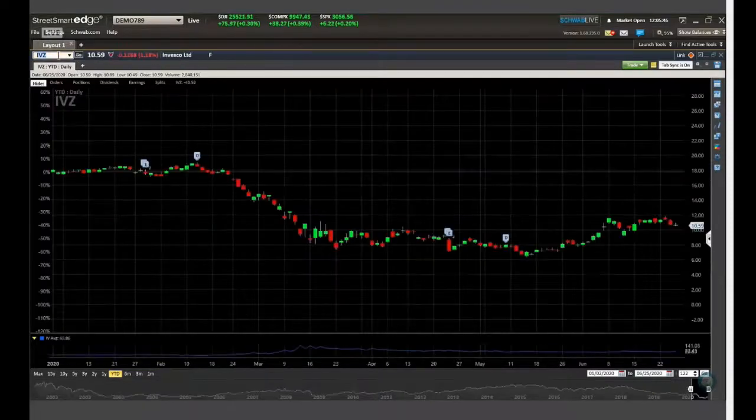IVZ, Indigo Victor Zulu, for those of you following along. So one of the things you might do with IVZ is you say, all right, I see it's got this little area here, been kind of trading flat. I think I'm going to get in this trade now. Maybe I'll put in a limit order at $10, and I'm looking to make 5%